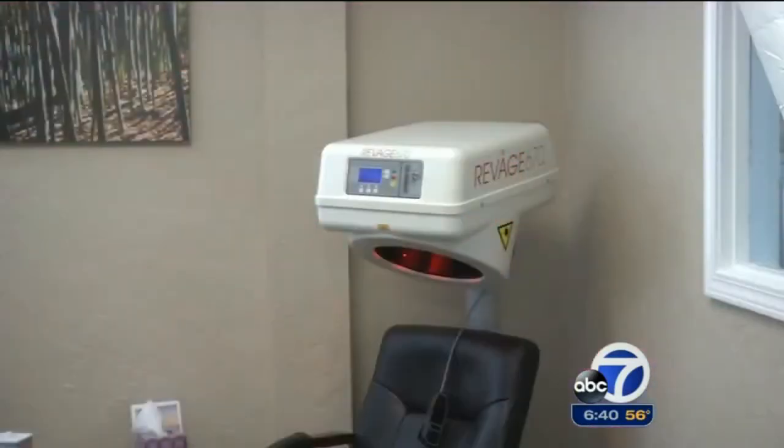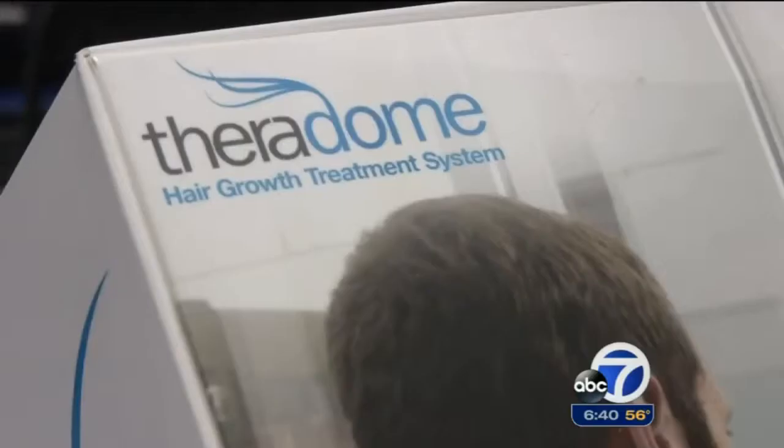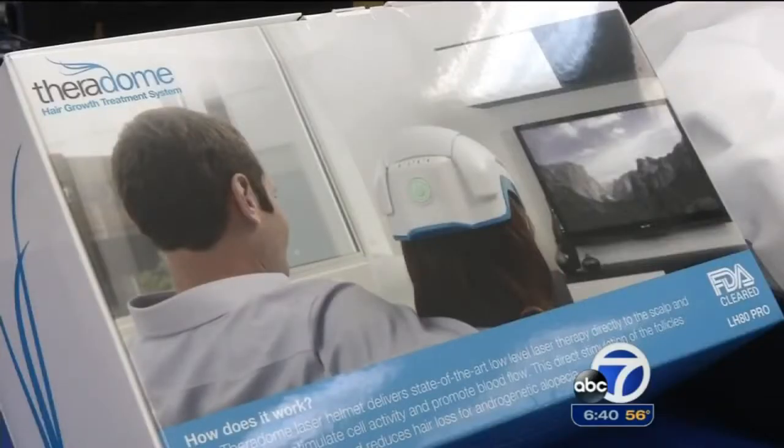The technology is similar to large stationary laser systems, which are believed to stimulate blood circulation to the hair follicles, as well as increase cell metabolism. The Theradome is the first of its kind device to be approved for home use. We've known since 1967 that lasers work to grow hair. We don't know whether lasers alone have this effect on hairs. We don't know whether LEDs will have that effect, but we do know that lasers have been established as being